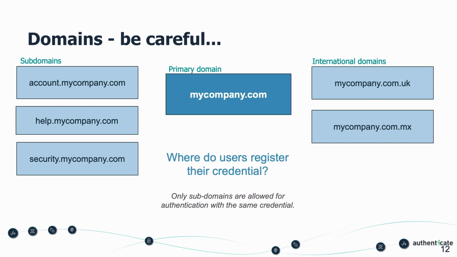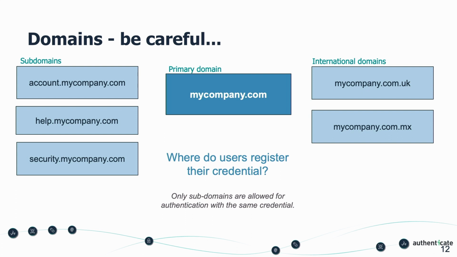But typically, you have subdomains as well, and those could be things like account, or help.mycompany.com, or a security domain, where you may want to enforce step-up privileges to access information that's part of that domain set. And then you might also be dealing with international domains, where the suffix on the domain is a little bit different. The tricky part with this for WebAuthn, and we've run into this in a couple places, so just to let you all know here today,